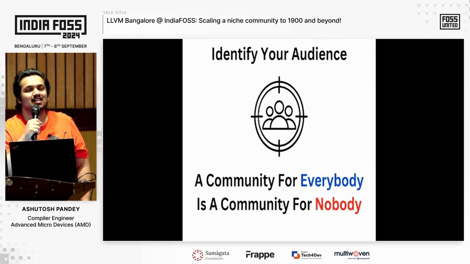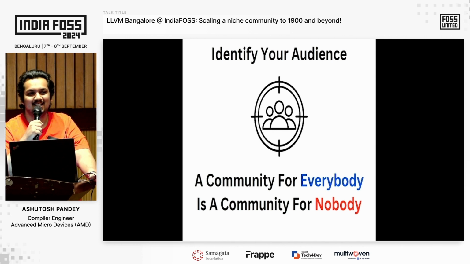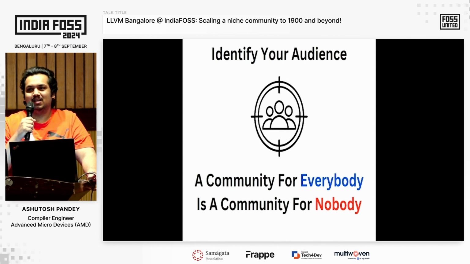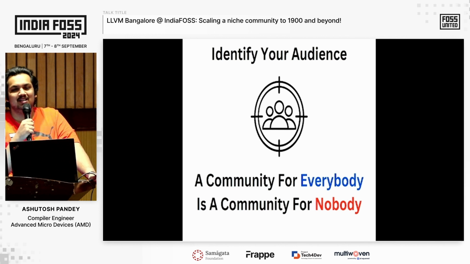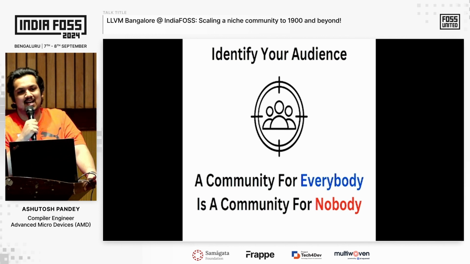What I mean by this is, a lot of communities say that we're open to everyone, beginners, professionals, advanced people alike. In LLVM Bangalore, we knew right from the outset that we want to talk to existing compiler practitioners. We don't make an effort to antagonize beginners as such. Anybody can attend the talks, but most of the talks are fairly advanced and high level. On the other hand, if I was starting a community aimed at beginners, then I'd have a lot more entry level talks. I'd have talks on how to use Linux, how to use compilers, how to use compiler flags.